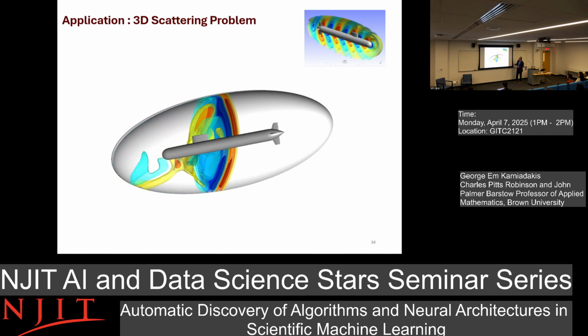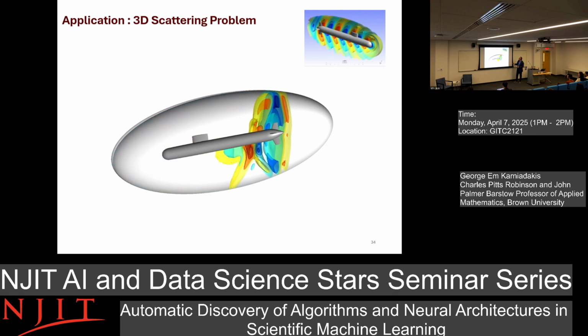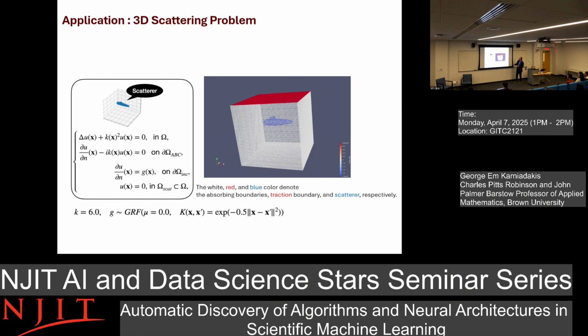Here I have a real example. I told you about the submarine, scattering from a submarine like that. So that involves, again, solving this big system. So here's some math behind it. It turns out it's a complex boundary conditions. Now, here's something interesting that you will say, well, did you spend a lot of resources to train DeepONet for this scatterer, and how do you know the scatterer since you're searching for it?